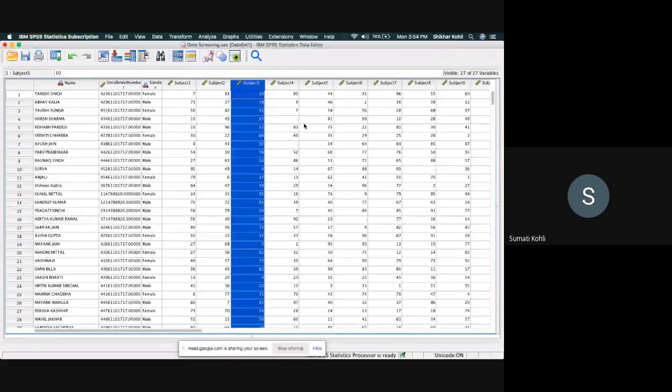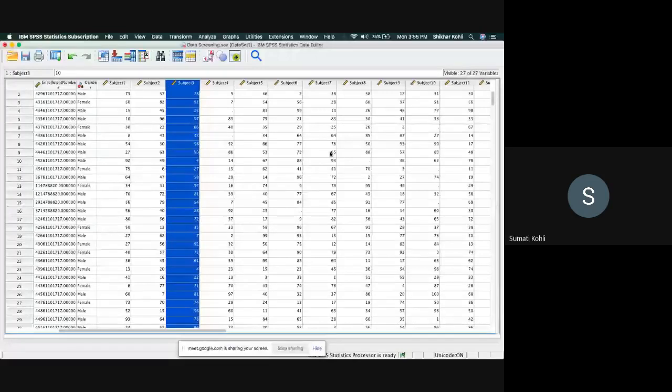Okay, so now that you have completed the entire data set and nothing is missing, our data screening exercise in SPSS has been complete. Now you know that in the data set that you have, there is no value which is either negative or above 100. On top of that, there is no value which is missing or blank. You also know that only those students' data has been inserted of which we had a sufficient amount of data, which is the 5% rule.